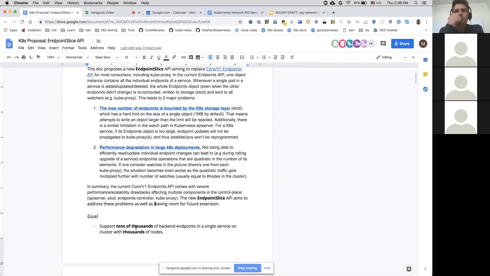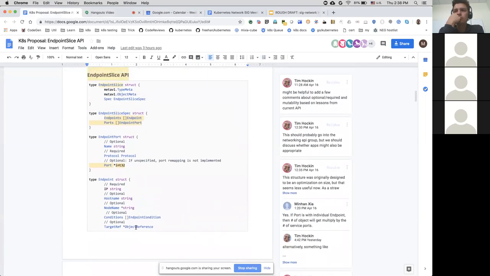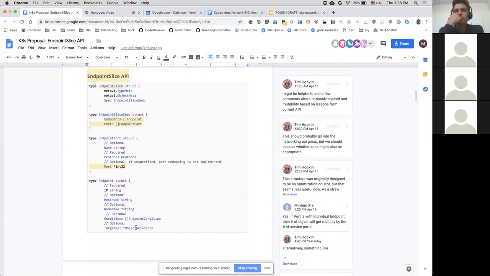So we wanted to propose a new API that can solve these scalability problems, in order to support tens of thousands of endpoints on a cluster of thousands of nodes, and leave some room for foreseeable extensions. So that's the main API part.